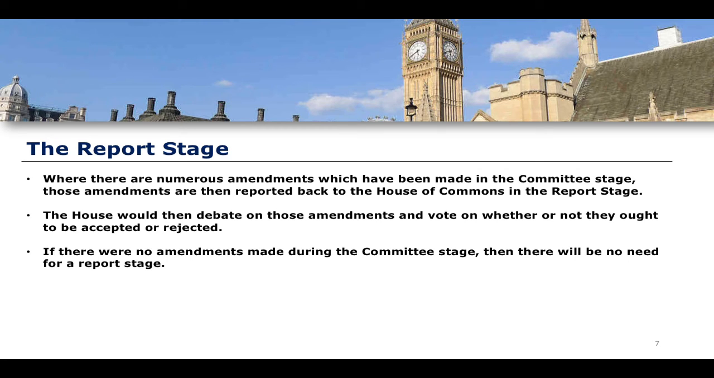But the report stage essentially allows the members of Parliament within the House of Commons to go through and see what the major changes were to the legislation that were made at the committee, and then they will debate those changes, and they will either vote for whether they ought to be accepted, or they may vote for rejecting those amendments. If, like I said, there are no amendments, then there will be no need for a report stage,